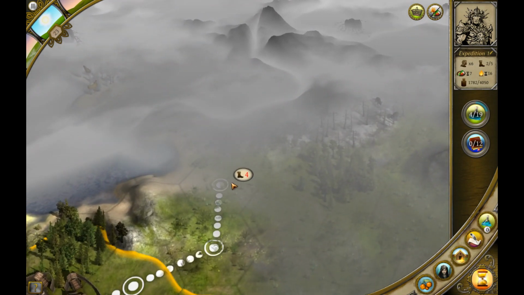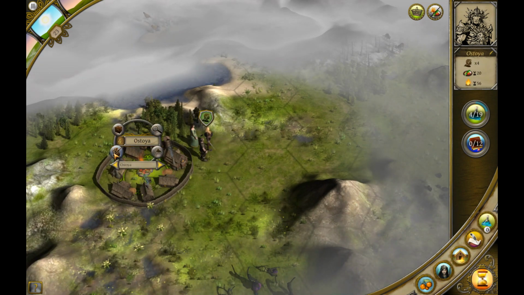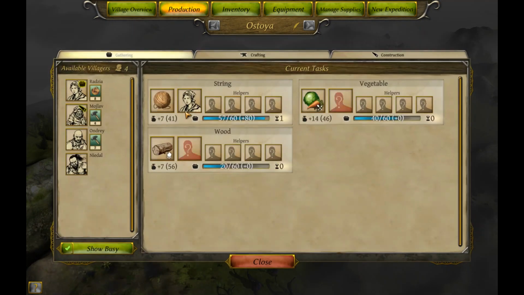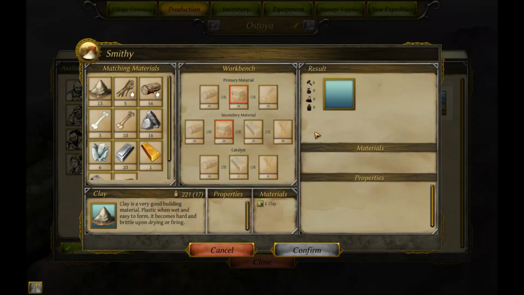Let's take our expedition back out there. And we need to probably redo our gathering stuff. Okay, construction. Now we have another dude, so we can finish that up a lot faster. And a smithy. So let's start with...